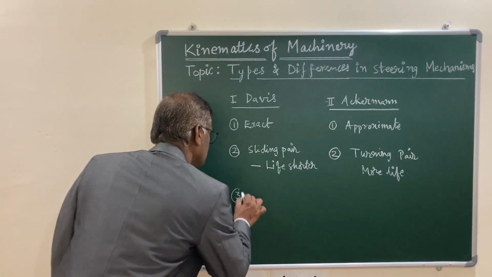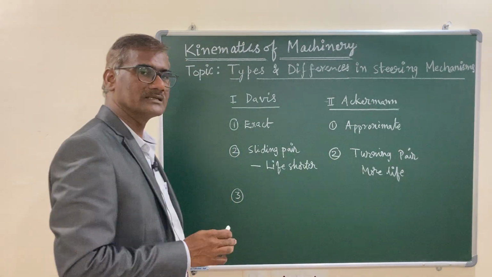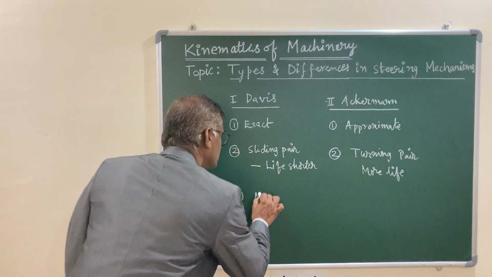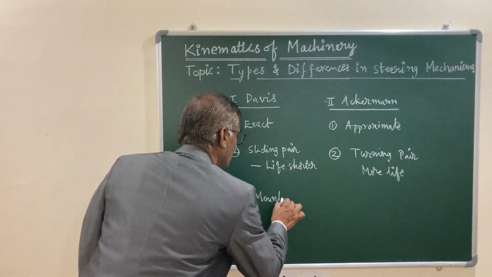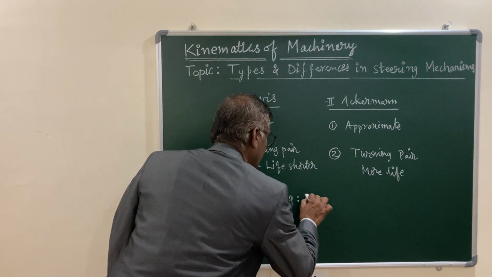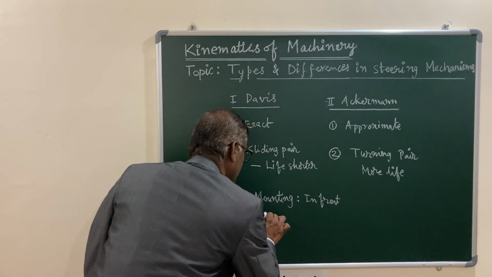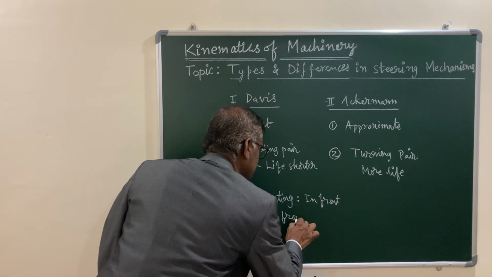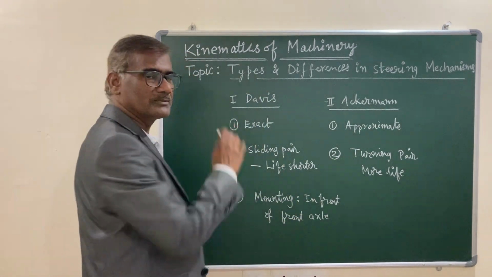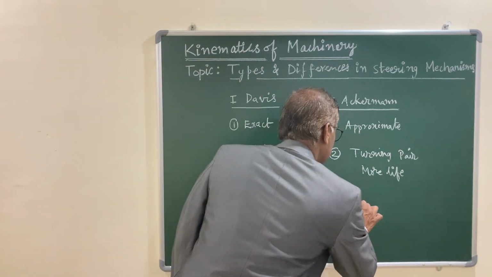And the third point is about mounting of this particular mechanism. The Davis steering gear mechanism is mounted on the front axle. So, this is with respect to mounting of your steering gear mechanism. It is mounted in front of the front axle. That means you need separate space for mounting of the Davis steering gear mechanism,